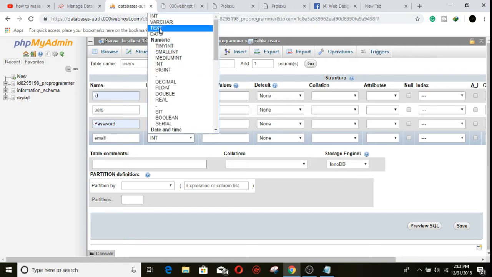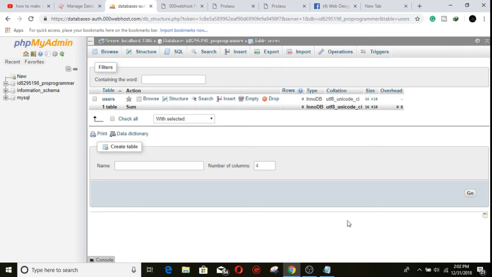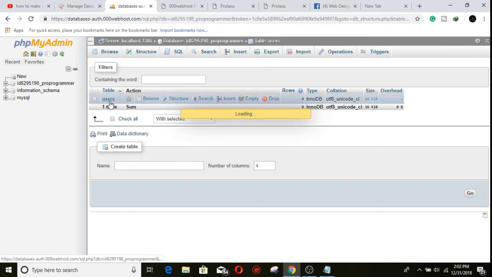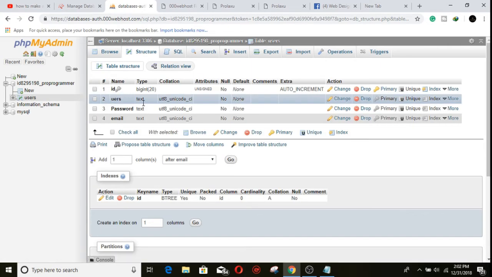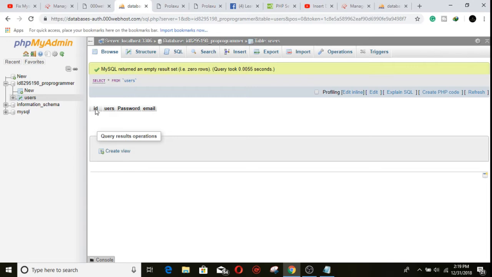I'm using text. Now save it. Now our table is created, so let's see. Our table is created, there is no data,